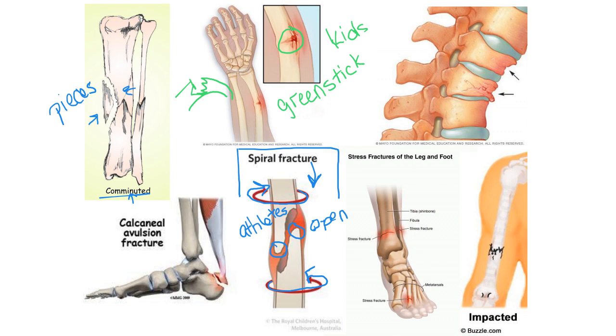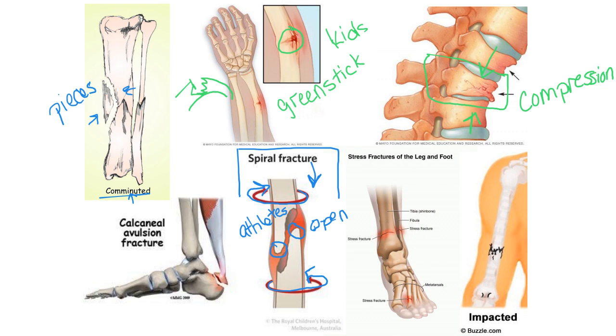All right, this one over here on the right, where you can see where this bone has gotten flattened, is a compression fracture. Sometimes it's called a pancake fracture. This is very common in osteoporotic patients where the bone has become more brittle, not quite as dense. These compressive forces, very common in the spine, basically just squish that vertebra down. The very old people that you see that are really hunched over,